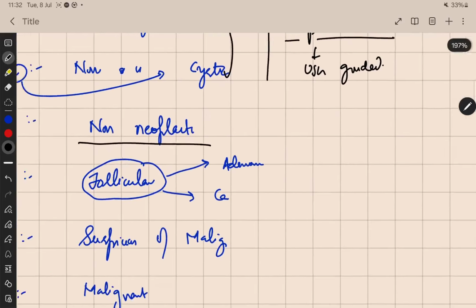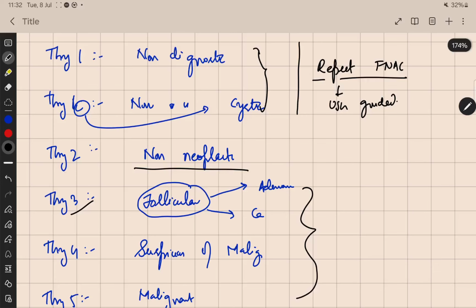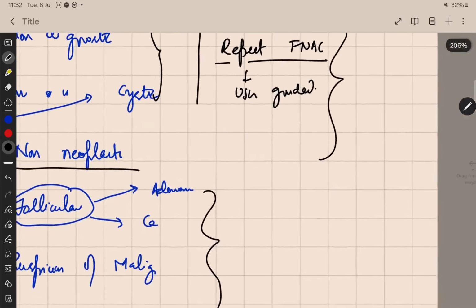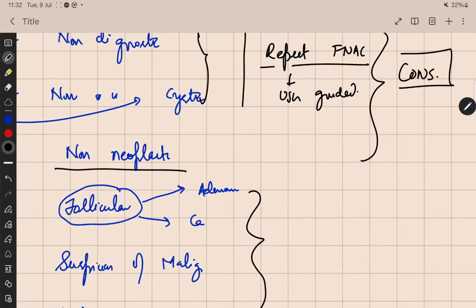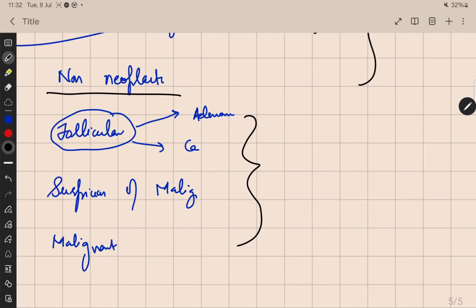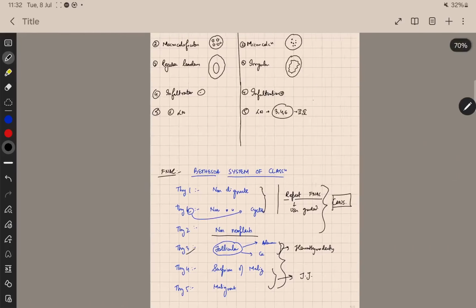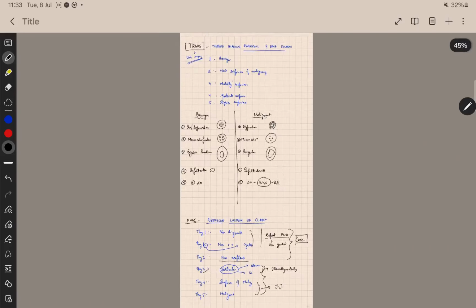Thy 2 is non-neoplastic. For Thy 2, we can manage the patient conservatively, just by aspiration or by regular monitoring of the patient. While starting from Thy 3, that is follicular, we have to start with surgeries. So Thy 3, either adenoma or carcinoma, we have to do hemithyroidectomy. That is the surgery of choice. And Thy 4 and Thy 5, we have to go for total thyroidectomy. So these are the two criteria for